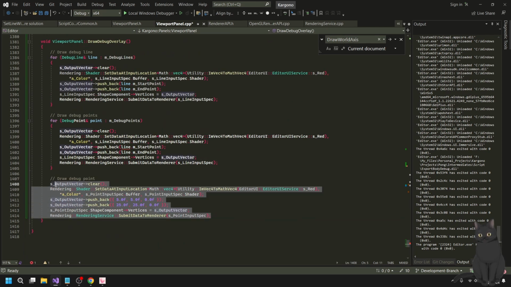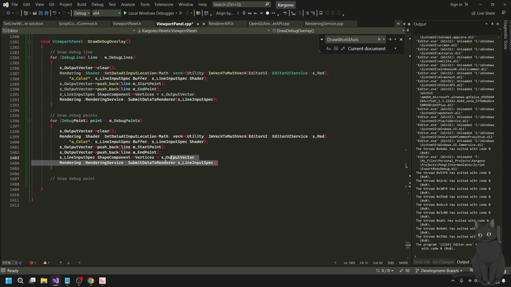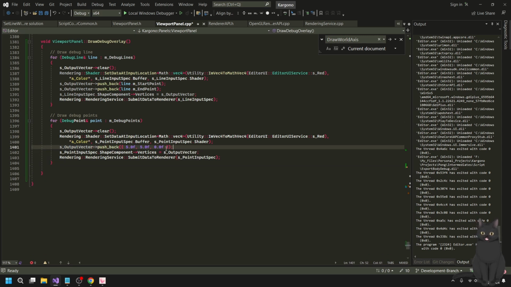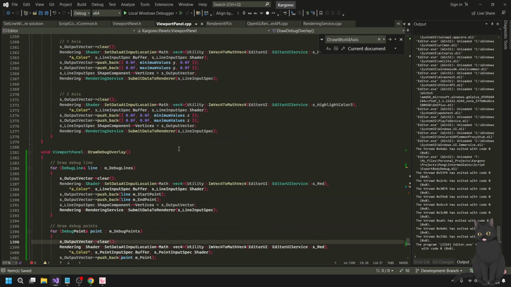And then we just take this, put it over here, and I think we're good. And then this one, we're gonna get rid of this part. Point.endpoint. And I think that's literally it.